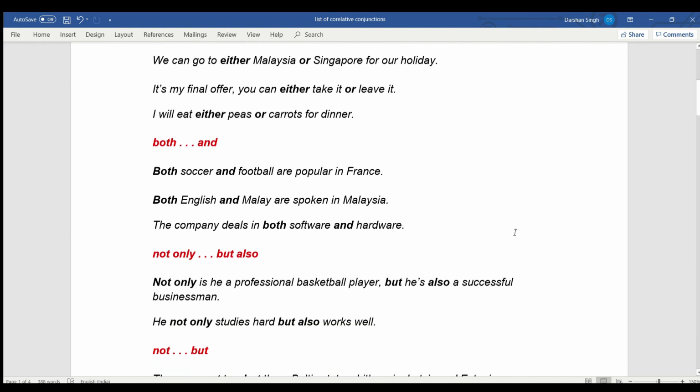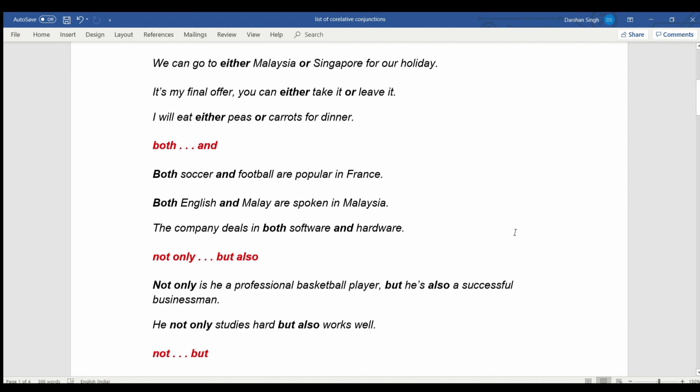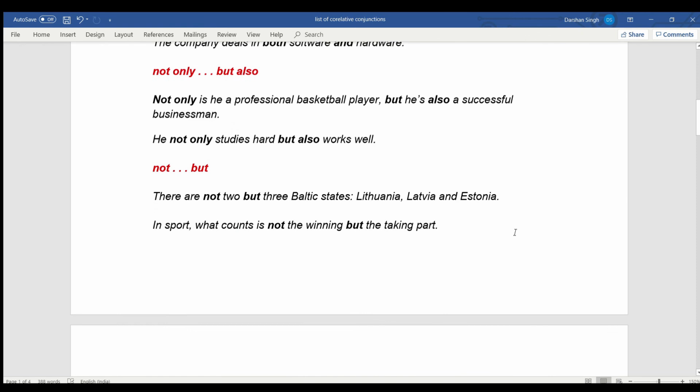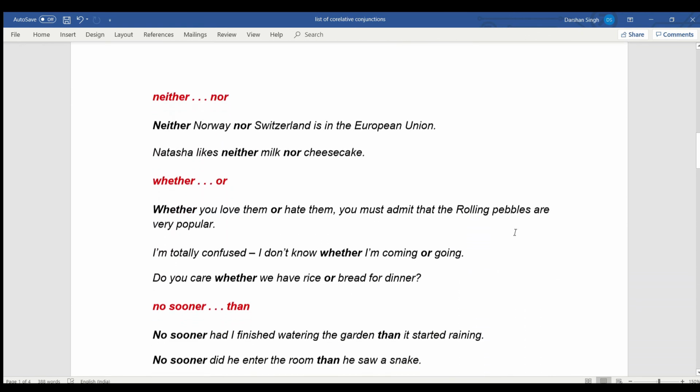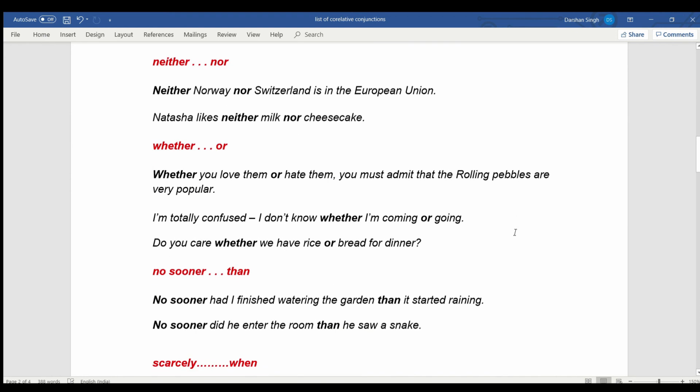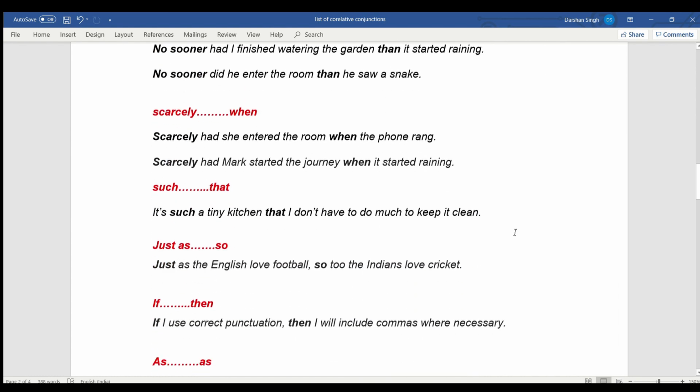So instead of using simple sentences, you must use at least two or three correlative conjunctions in your essay task of IELTS to get a good band score. What you need to do is just make a list of these words. You can go through these examples that I've given in this video, but try to make your own sentences and check whether they can be used in your speaking or writing.